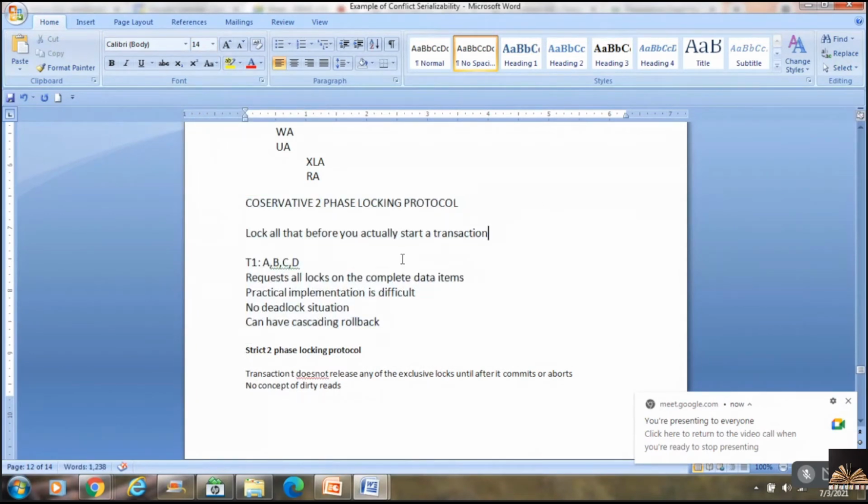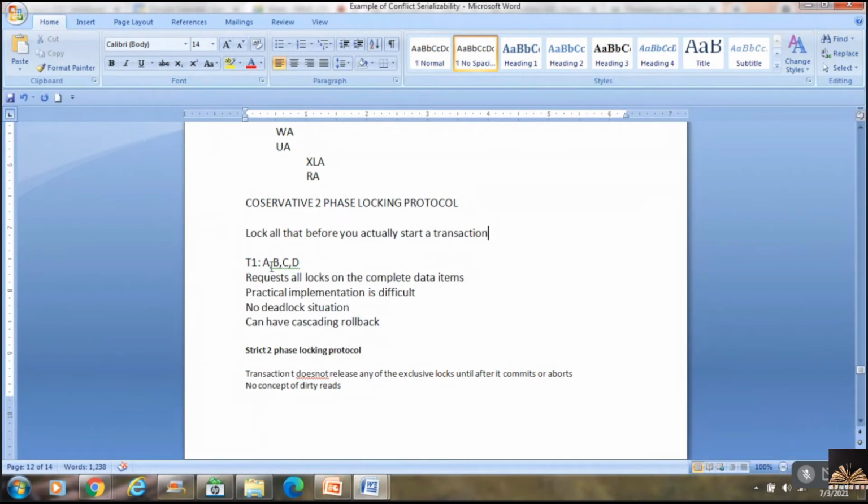So what does the conservative two-phase locking protocol say? Lock all the database items that are actually required by a particular transaction for its execution, before the transaction starts.